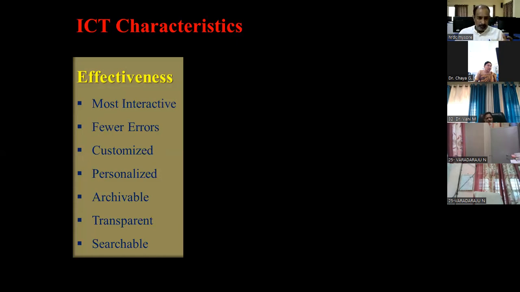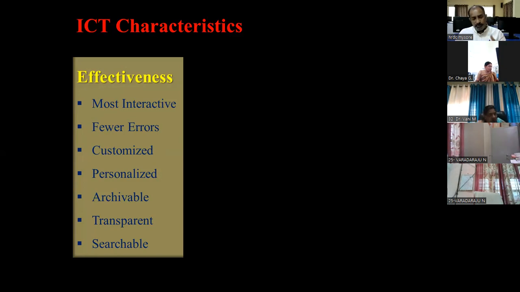The most interactive: through video lectures, audio lectures and animated content, you can make your teaching and learning more interactive. And because we are making use of tools, we can reduce the errors which we normally make when we do it manually, right?